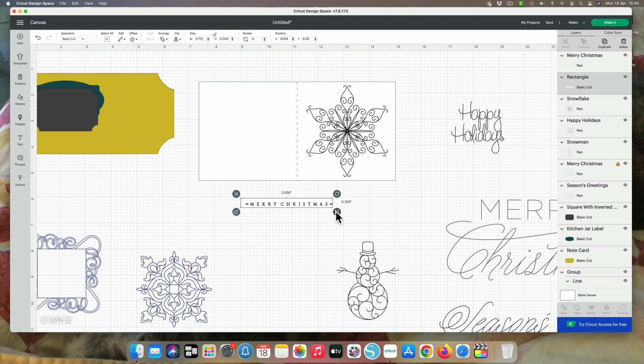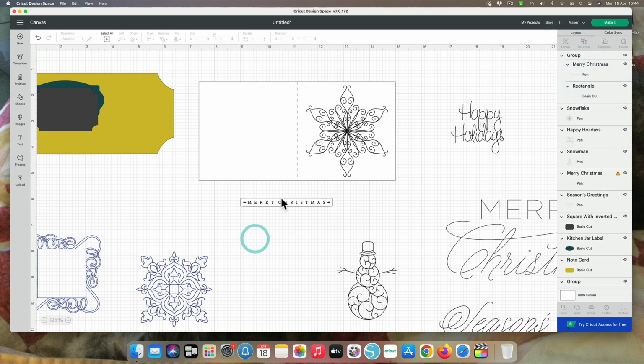So I then centered it onto the little tag that I created, and I positioned that tag, I grouped it, positioned it in the center there. Now at the moment we haven't attached any of these images to the actual card, so we will need to do that if we want the Cricut to understand that I want that image on that section of the card. But at the moment I'm just trying to see that I'm happy with how it looks,